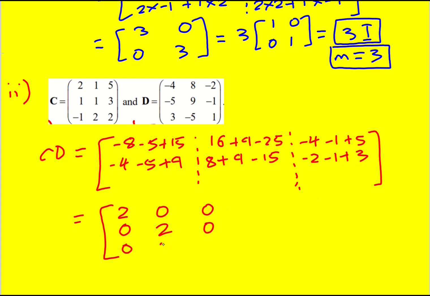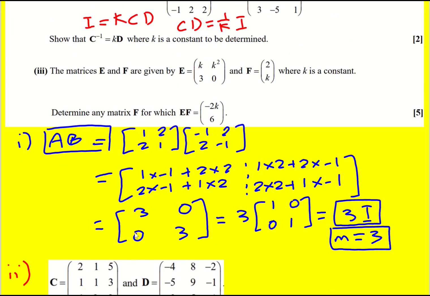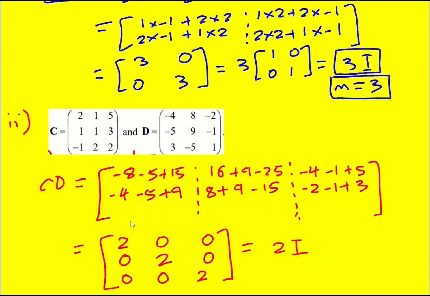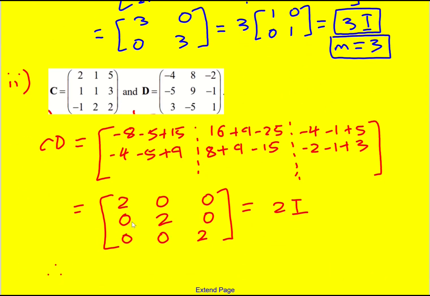Okay, you get the idea. If you finish it off, you're going to get 0, 0, 2, which is 2 times I. And therefore, because remember we're asked to show the inverse was equal to, I'm not quite done, the inverse was equal to KD. So therefore, a half CD is equal to I, implies the inverse, if I multiply the left-hand side